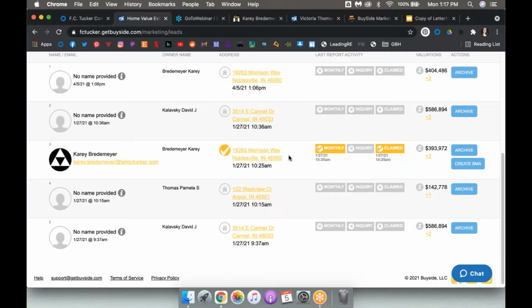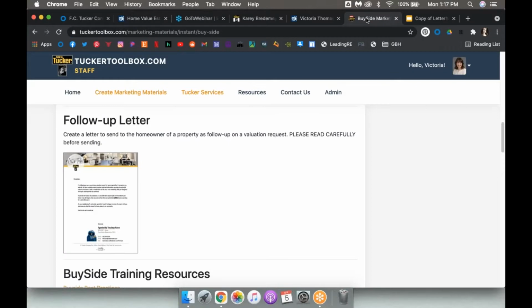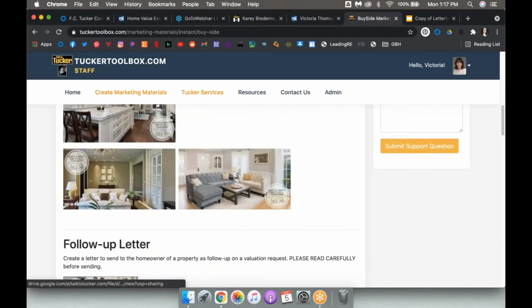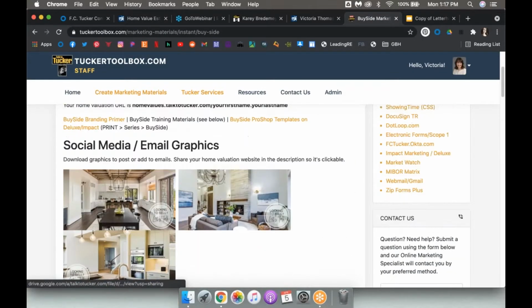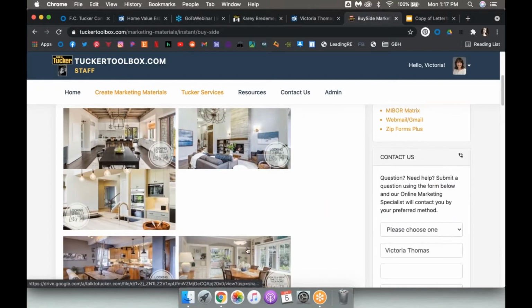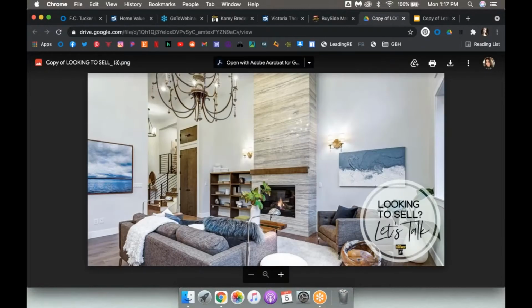Cool? Okay, so I have a couple other ways that you can kind of subliminally get this information out there as well. So I'm going to hop back into the toolbox. I said I passed this here, but marketing has created some really great social media graphics. If I click on this, it's going to show it a little bit bigger. There it is. So it's like, looking to sell, let's talk. They're just really nice PNG graphics that I can then download,